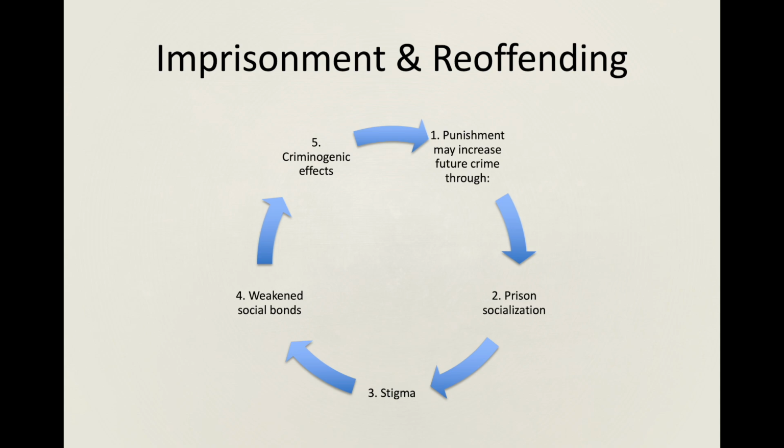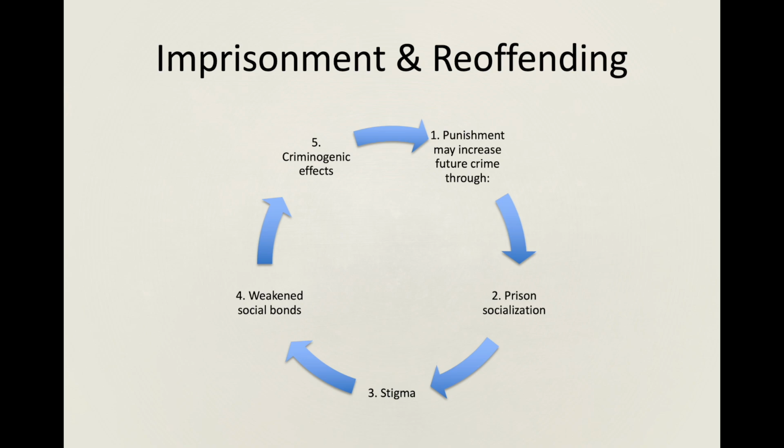Why might imprisonment increase crime? Several mechanisms are commonly discussed. First, prison may expose offenders to criminal peers. This is sometimes referred to as the school of crime hypothesis. Offenders may develop criminal networks, learn techniques, or reinforce deviant identities while incarcerated. Second, imprisonment may weaken conventional social bonds. Individuals might lose employment, family relationships, educational opportunities, and community ties. Control theorists would argue that these weakened bonds increase offending risk.